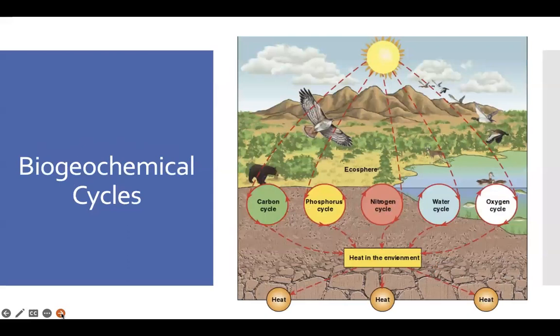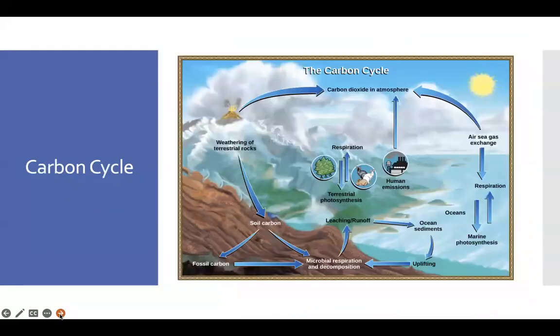We have biogeochemical cycles. Don't get too hung up on this for now. Bio, life, geo, earth or rock, and the chemicals on Earth, periodic table, right? So you have different elements. This implies there's a sort of bookkeeping that is possible as we trace nitrogen, phosphorus, carbon from the Earth to the organisms, to the atmosphere, to the water, to the plant, and then back to the Earth. So that goes around a lot, mediated by both solar energy and also the water cycle.